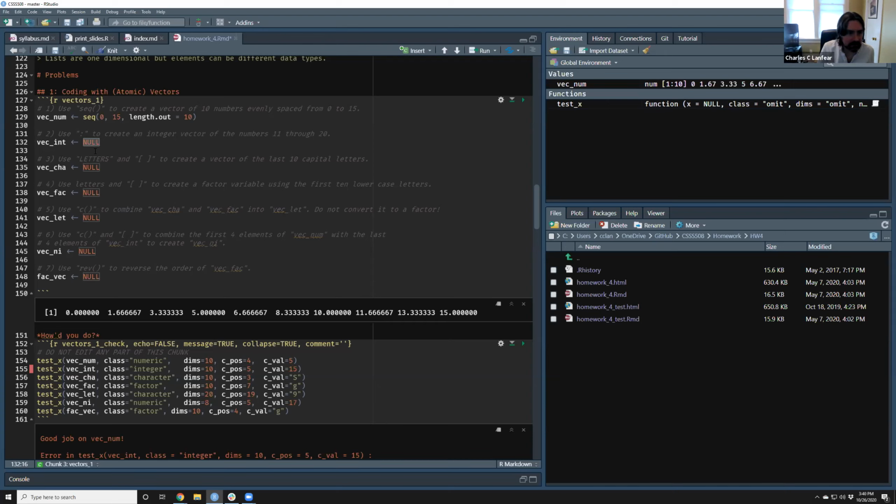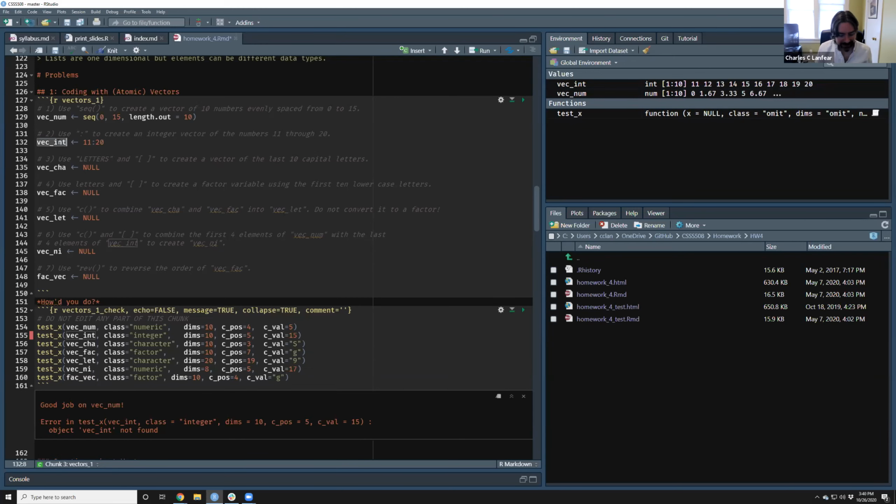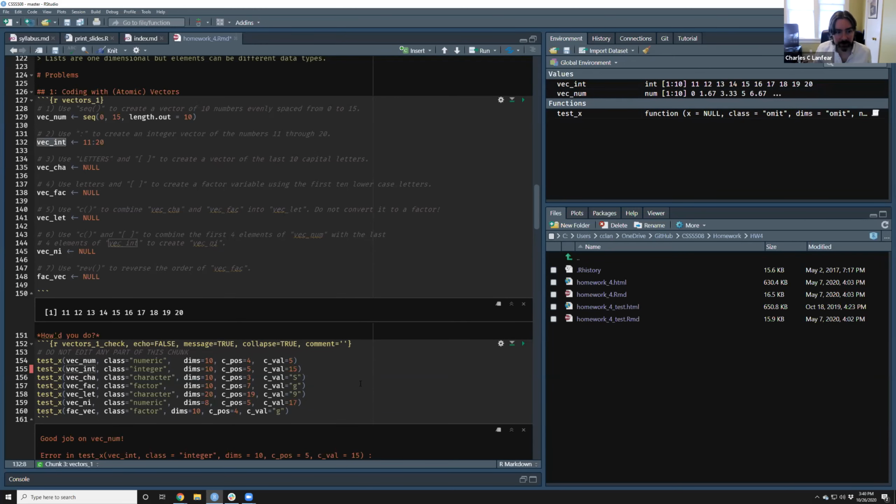So we're basically saying I want to create an integer vector that starts at 11, goes to 20. So you can think of the colon as being sort of a go-to. It's a shortcut for the sequence function, but it will generate integers. If I go look at vecint, it's all the integers 11 to 20.